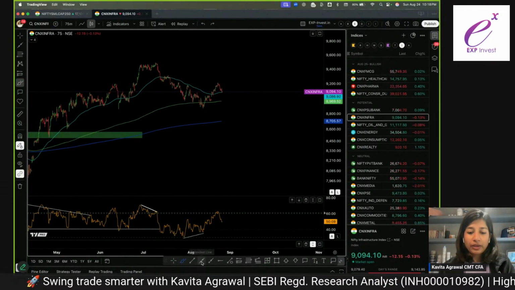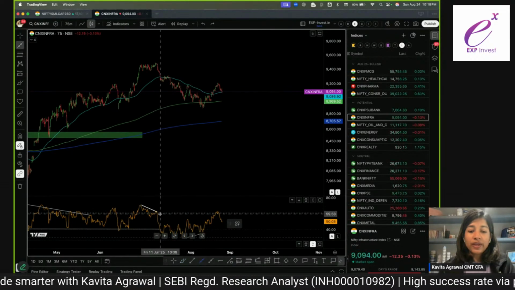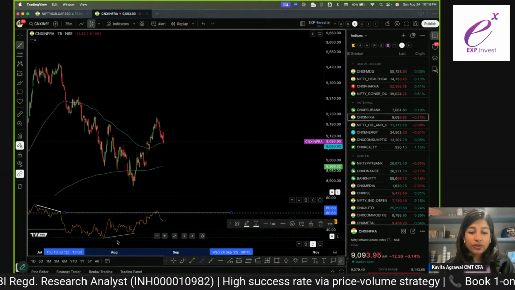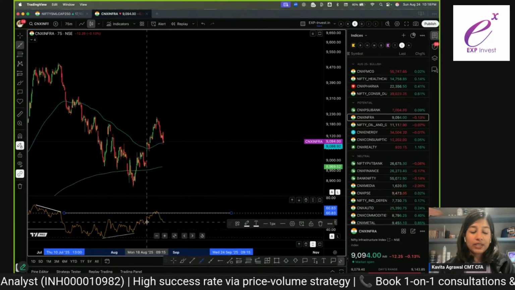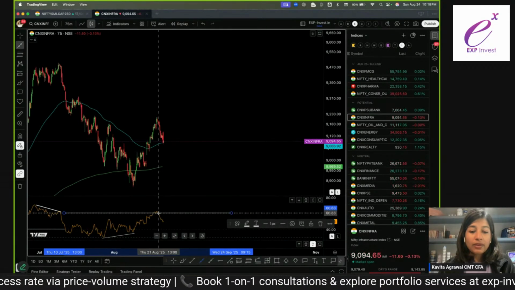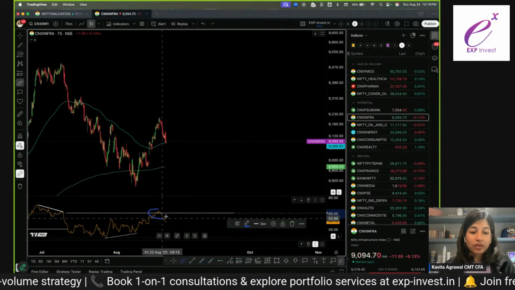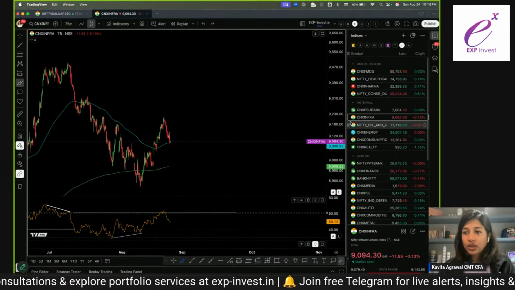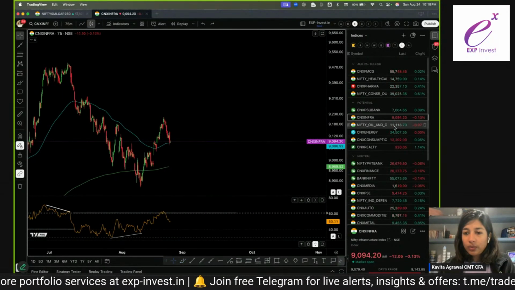RSI 25 period, that is, right? So this is very typical in negative range when a positive divergence gets forged, as you can see over here. Positive divergence gets forged and there is a little bit of a rally, but that rally gets stopped once RSI reaches close to the level of 60. So that's what we are witnessing.